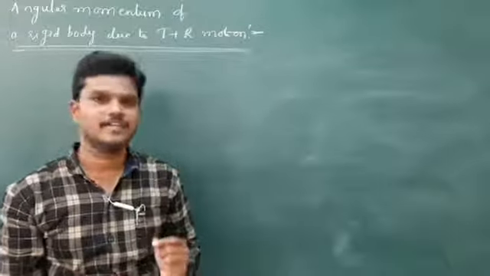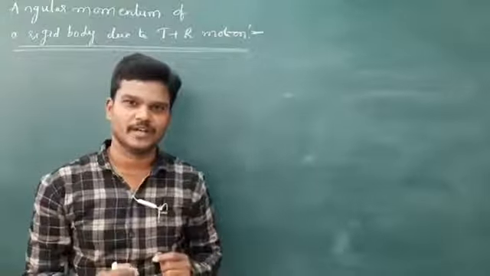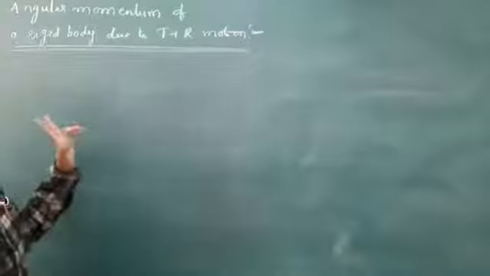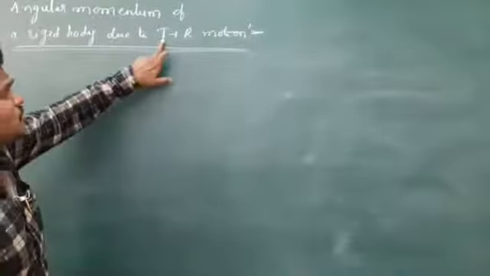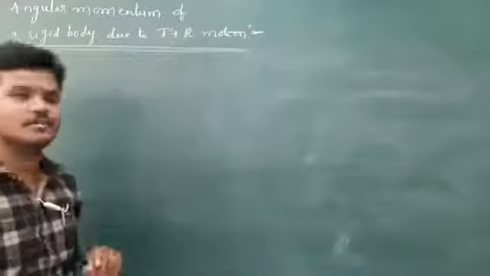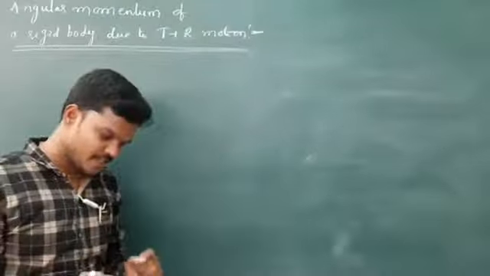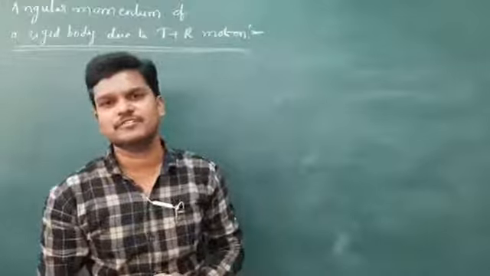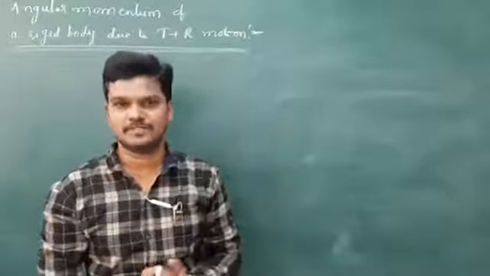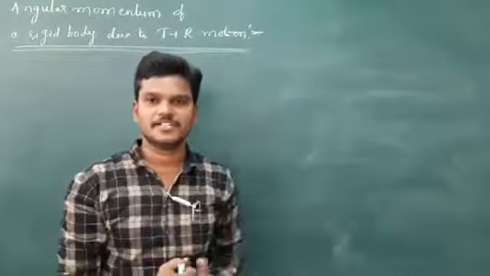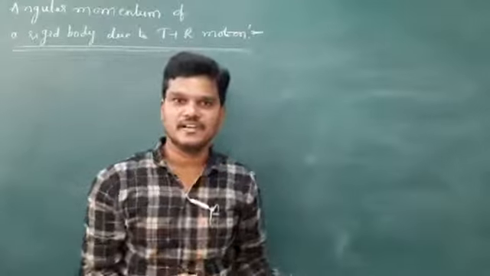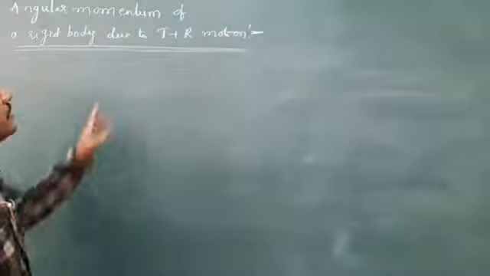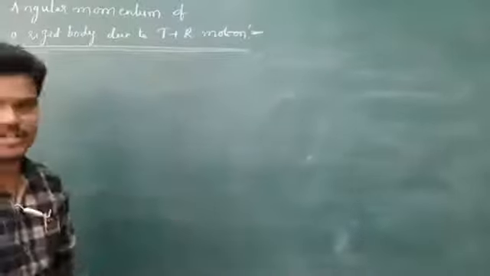We got it as I omega. L is equal to I omega. Now here the condition is the rigid body has both types of motion. One is translatory motion, the other one is rotatory motion. Generally, the combination of translatory and rotatory motion, we can call it a rolling motion. Anyhow, that will come in continuation, so I am going to discuss that in the next classes. Here, let us calculate angular momentum of the rigid body due to translatory and rotatory motion.